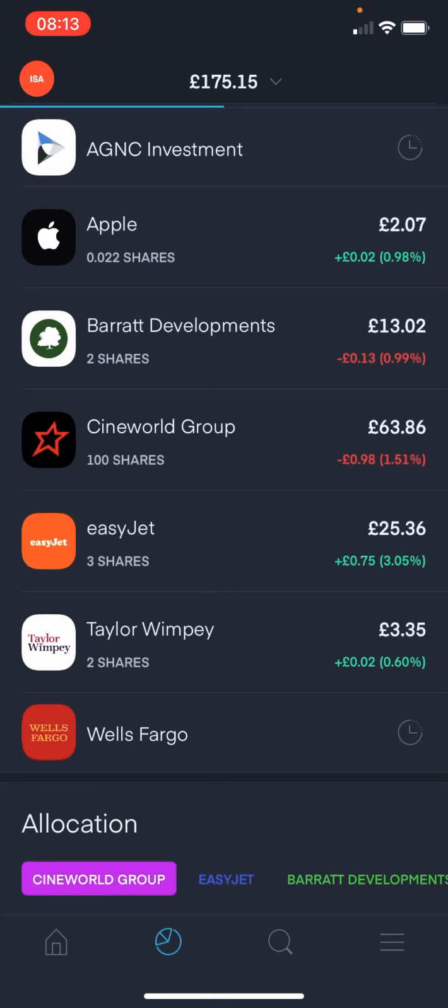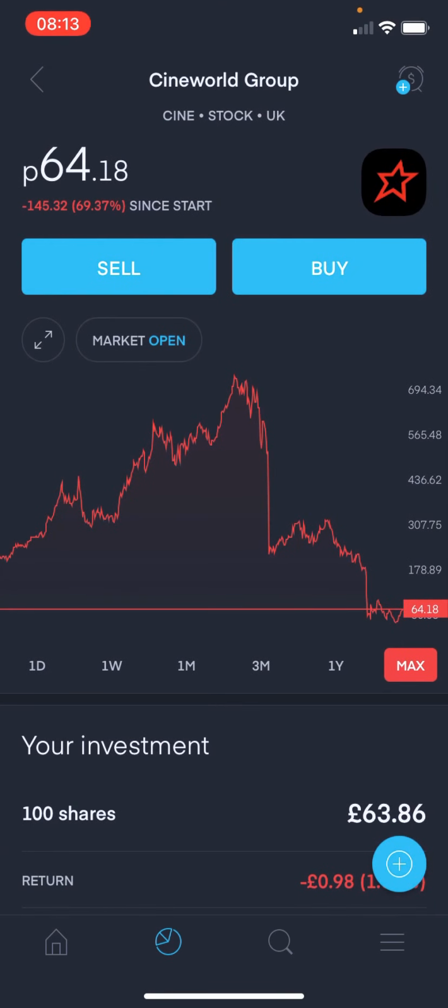Then you've got Cineworld Group, which obviously is a bit of a punt really. The share price was £6.28, currently 64p. In the main, that's because they're completely closed. So that's obviously hit a rock bottom low. Now, obviously with any of this, there is a chance that this company could go into administration or go bust,